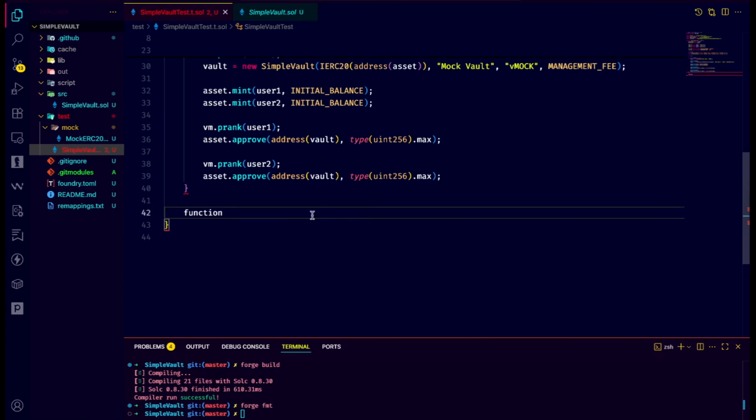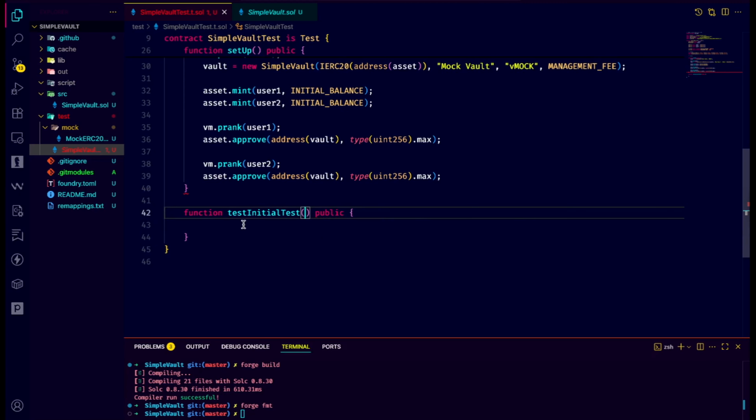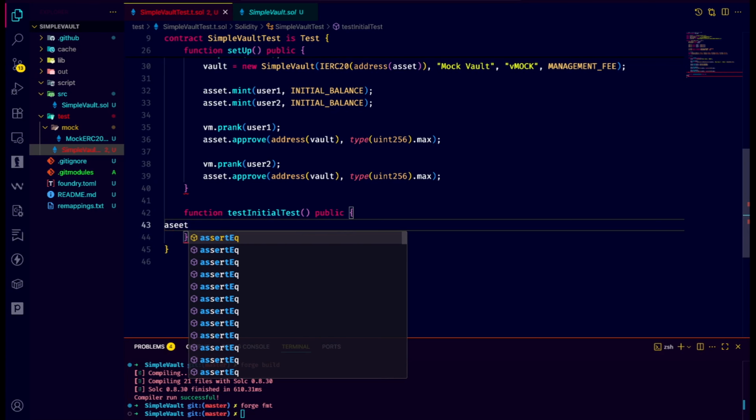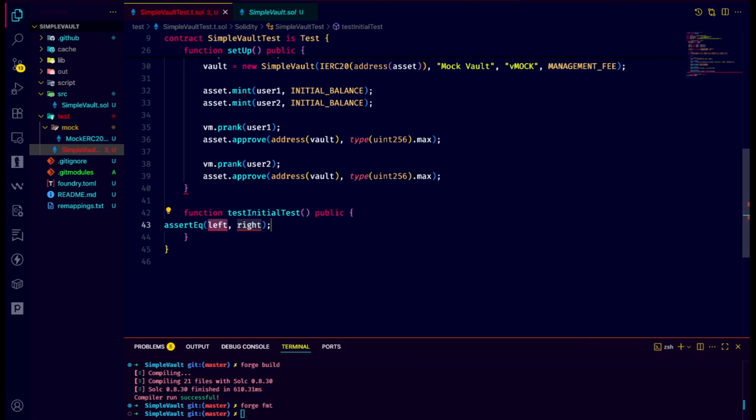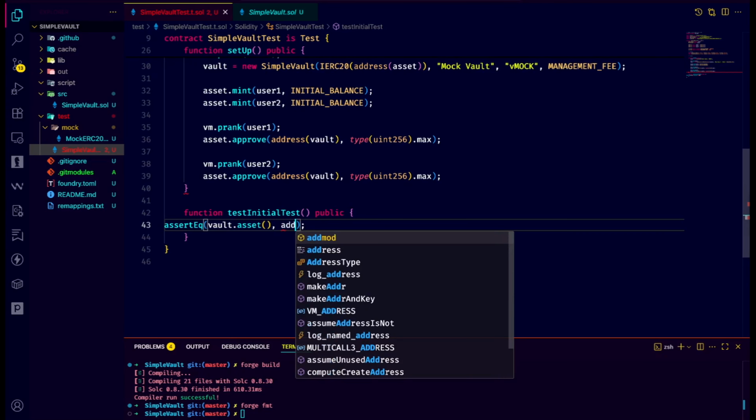Let's first test our initial test. Let's make it public. Add this here, forgot to add. And now let's add assert equal, inside the left side vault.asset and the address of the asset,